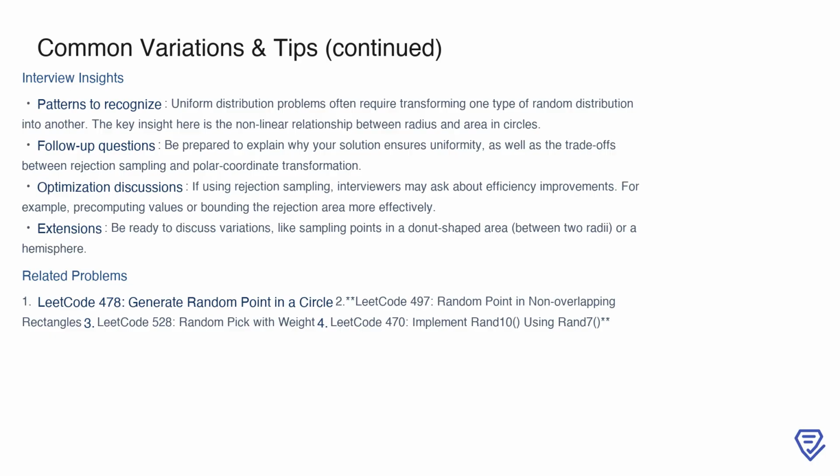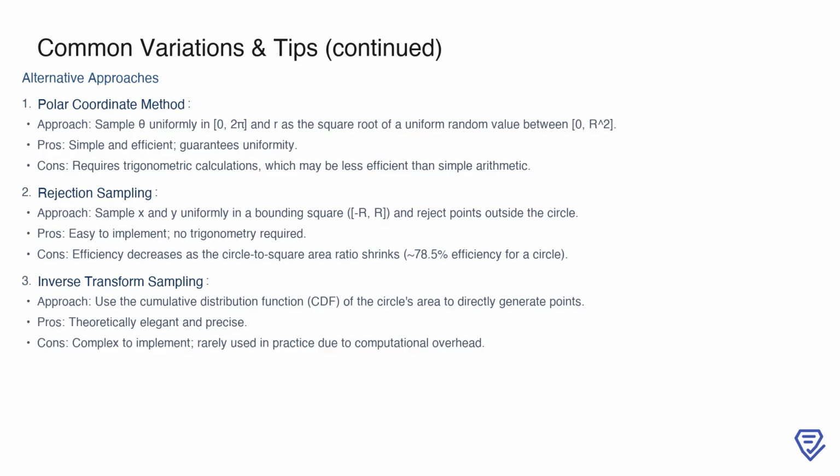Extensions of this problem are also common, like generating points within a donut-shaped region between two radii or sampling from a hemisphere instead of a full circle. Familiarity with these variants can demonstrate your ability to generalize the solution efficiently. Related problems, such as random point generation in different shapes or using weighted random distributions, are worth reviewing as they often share similar concepts. There are several alternative approaches to generating random points in a circle, each with its own